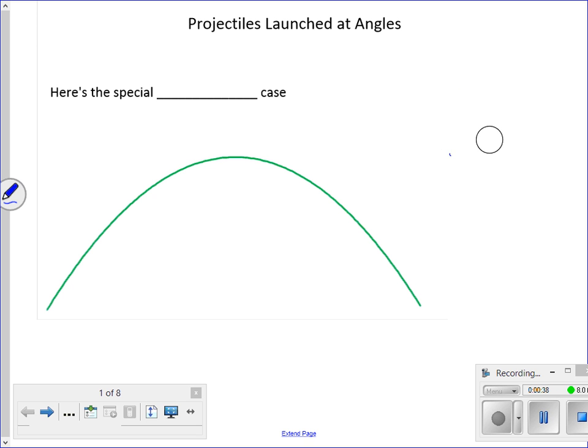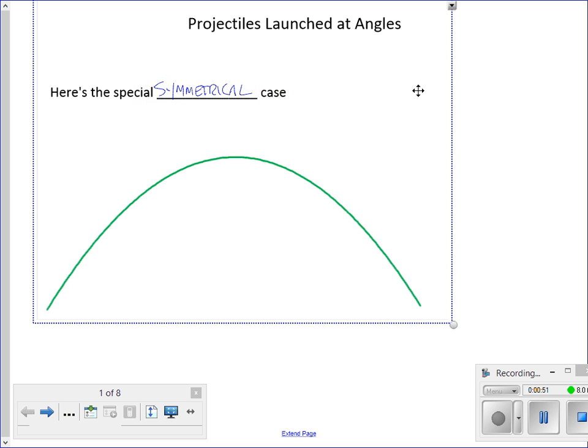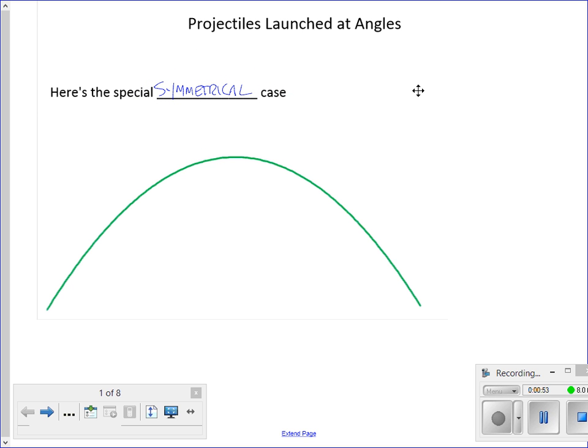This case that we're looking at here, a projectile launched at an angle, this is a special case. We'll spend a little time looking at the case for this symmetrical trajectory. What we do is we look at an object that is launched at the first instant here at some speed that we'll call v naught at some launch angle theta. What you can see from that little drawing is that,